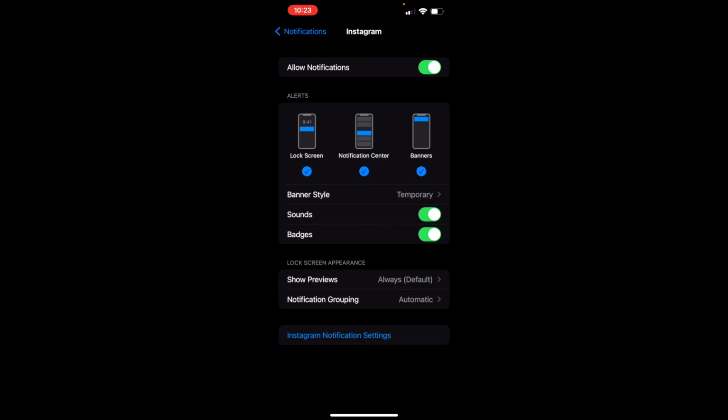And then on the top, it says allow notifications. If you do not want your notifications on, go ahead and toggle that off. And then if you do have it on, you can choose what it will look like and all of that. So if you go ahead and do both of those things, you will not receive notifications from